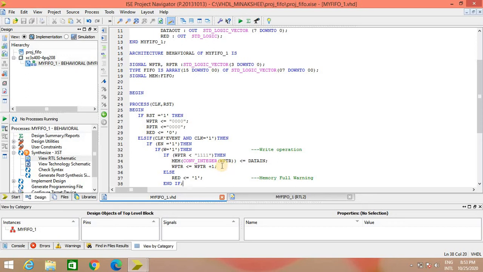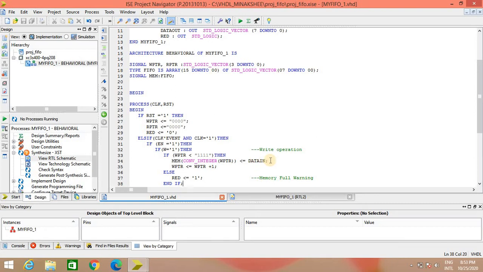For example, if WPTR is equal to 1000, then that will be converted into integer, so that is 8. Then memory 8th location will be written with the data given by data in, and this is how we are performing the write operation.